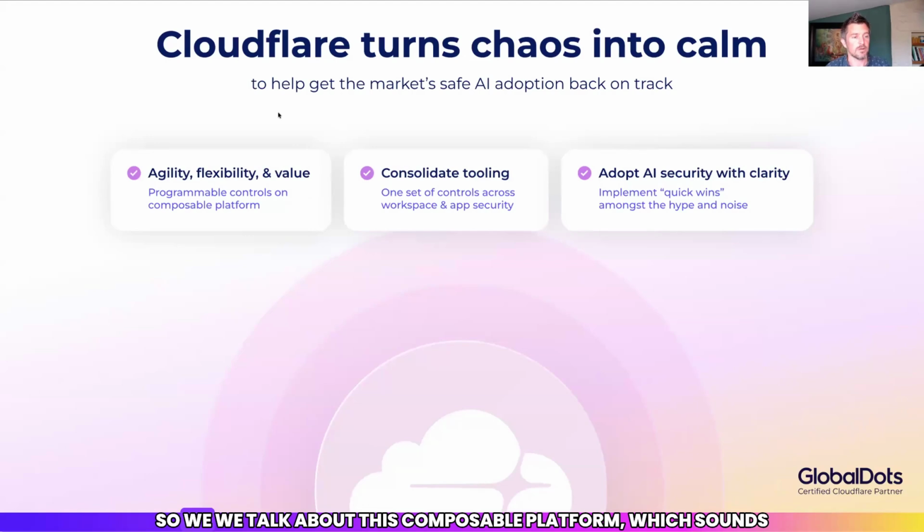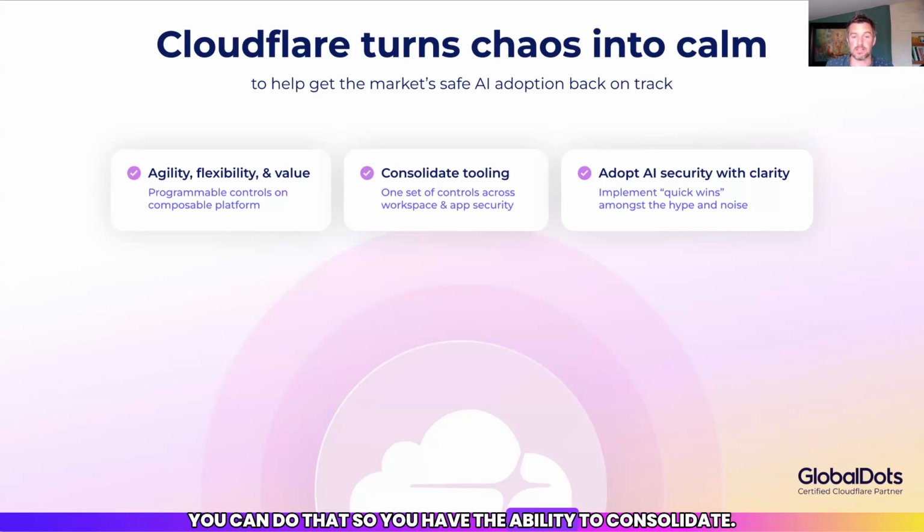So we talk about this composable platform, which sounds like a bit of a buzzword, but really that is the case with Cloudflare. You can pick and choose bits of this platform that you want to use. You don't have to take everything. Should you want to take everything and use it for your zero trust, all of your application access and your AI controls, you can do that.